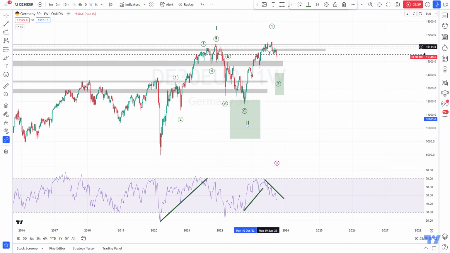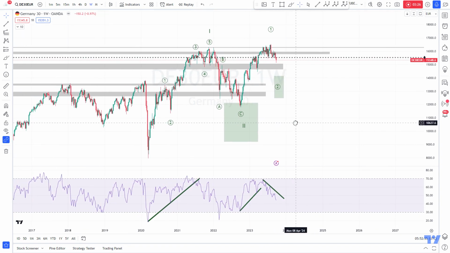Then this would be something corrective here as a wave B, overshooting wave B, taking out this high here. And then we should drop as a wave C, 5 waves down, 1, 2, 3, 4, 5, deeper into this area. From an Elliott Wave point of view, this is perfectly possible, but